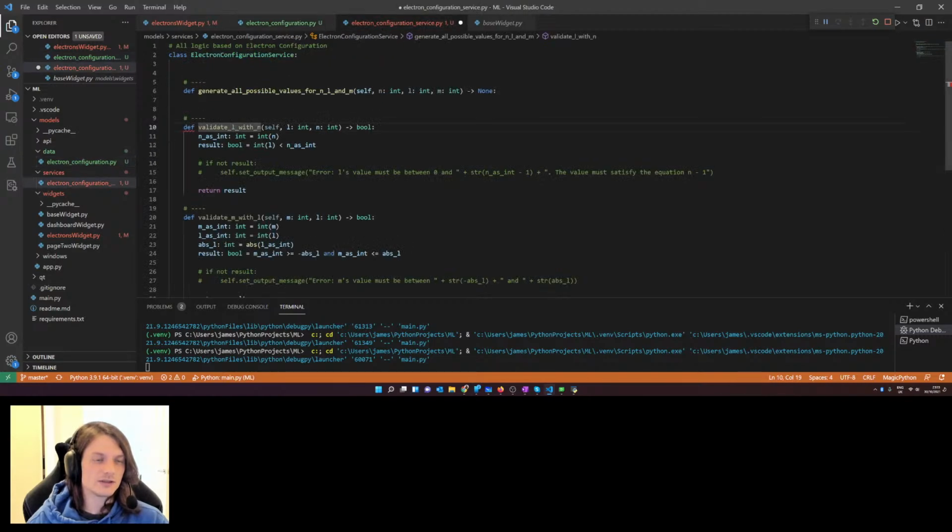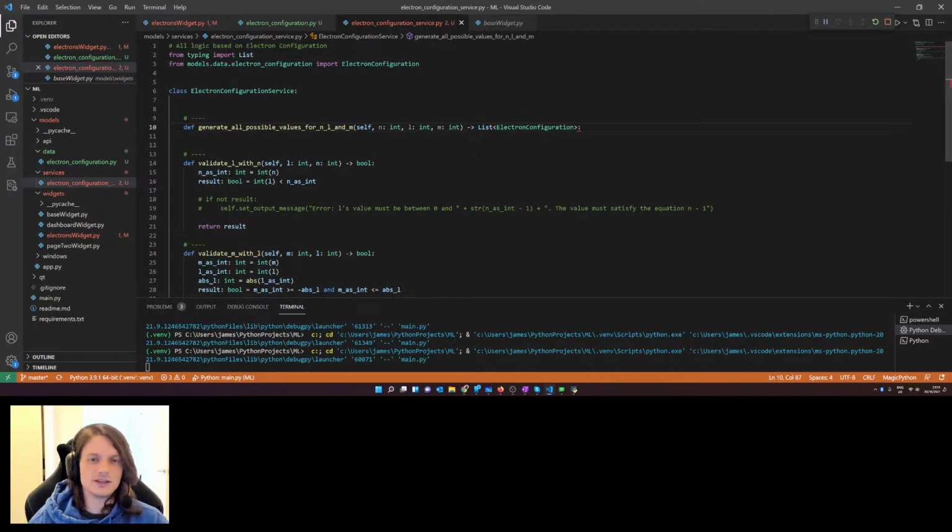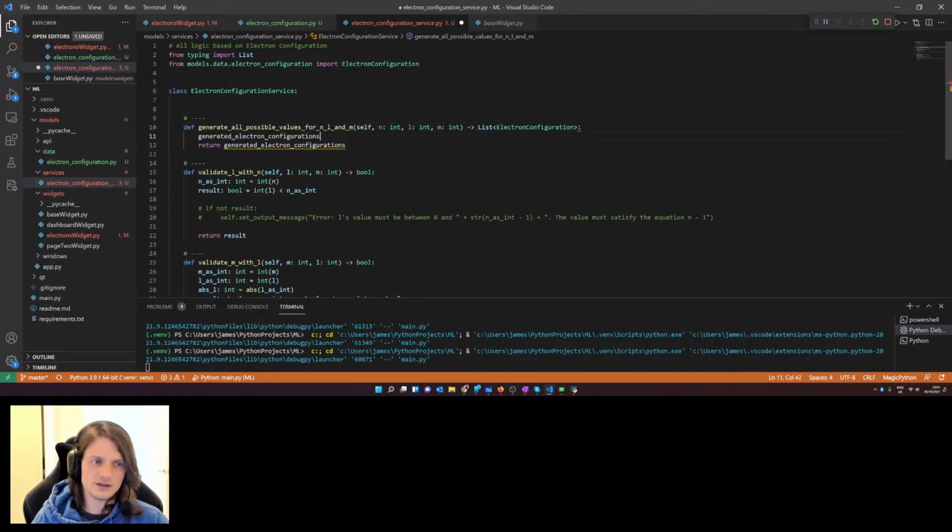So maybe our service, when generating all possibilities, can return a list of electron configurations, right? Let's do that. What does this need? Typing, from import list. Okay, cool, I didn't know that. And this will then return that list, generated electron configurations. Cool, let's go with that. I like that a lot. And that will be our list of electron configuration equals